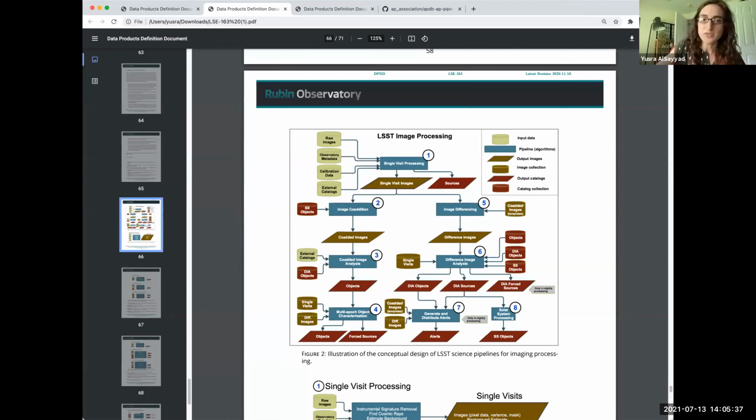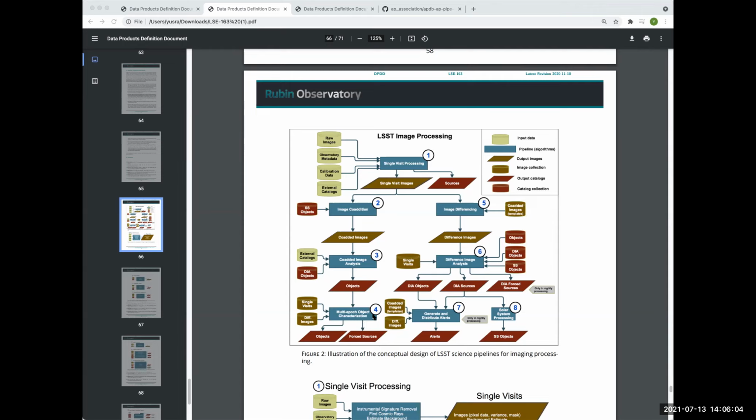Okay, so the first thing is that calibrated light curves are a data release production data product. So in this image, the output catalogs are these red parallelograms, and the light curves are going to be in the forced source table. So for every